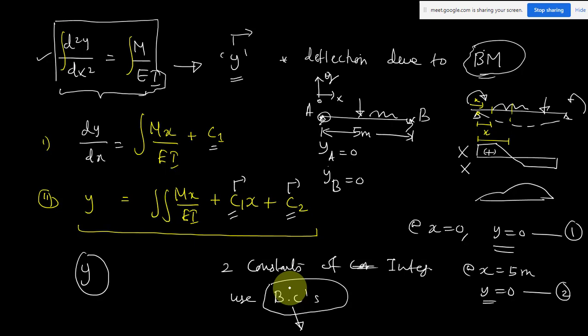At some value x, your y value will be known to you, or the moment at that section is already known, and that can be a boundary condition. So those boundary conditions we have to use to solve the integration constants. Once you get the values of c1 and c2, by simply substituting, it will be an equation in terms of x. So if you substitute the value of x, you can get the value of deflection at that point. Like this you can solve the deflection at any point, and similarly for the slope also. So this is the procedure to solve the problem.